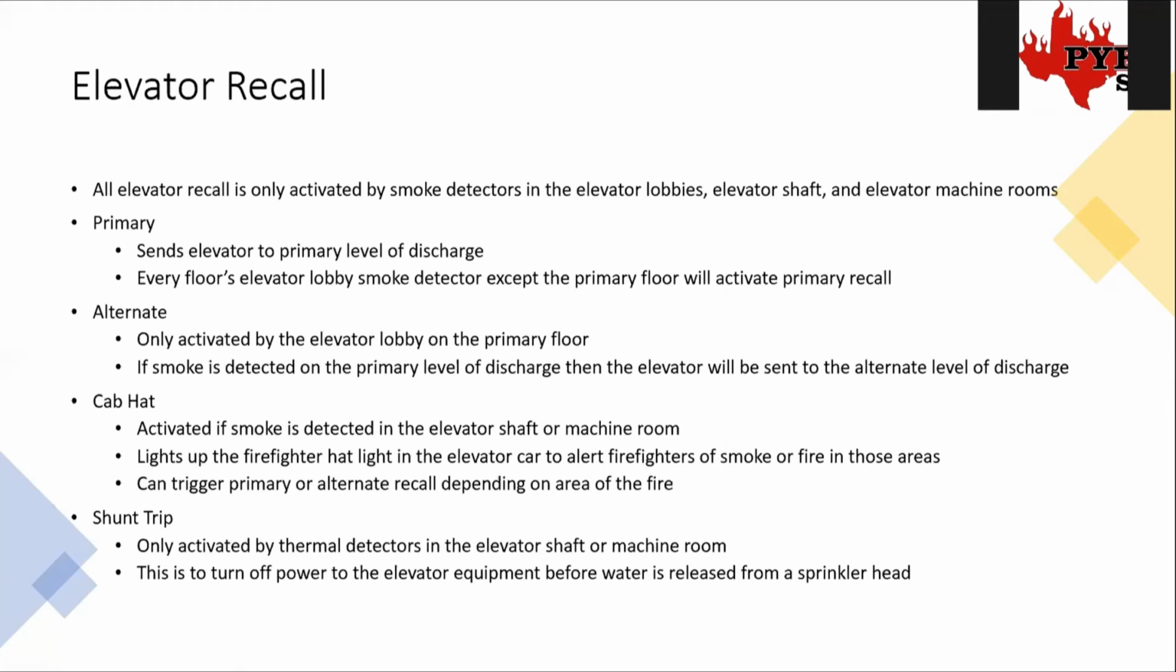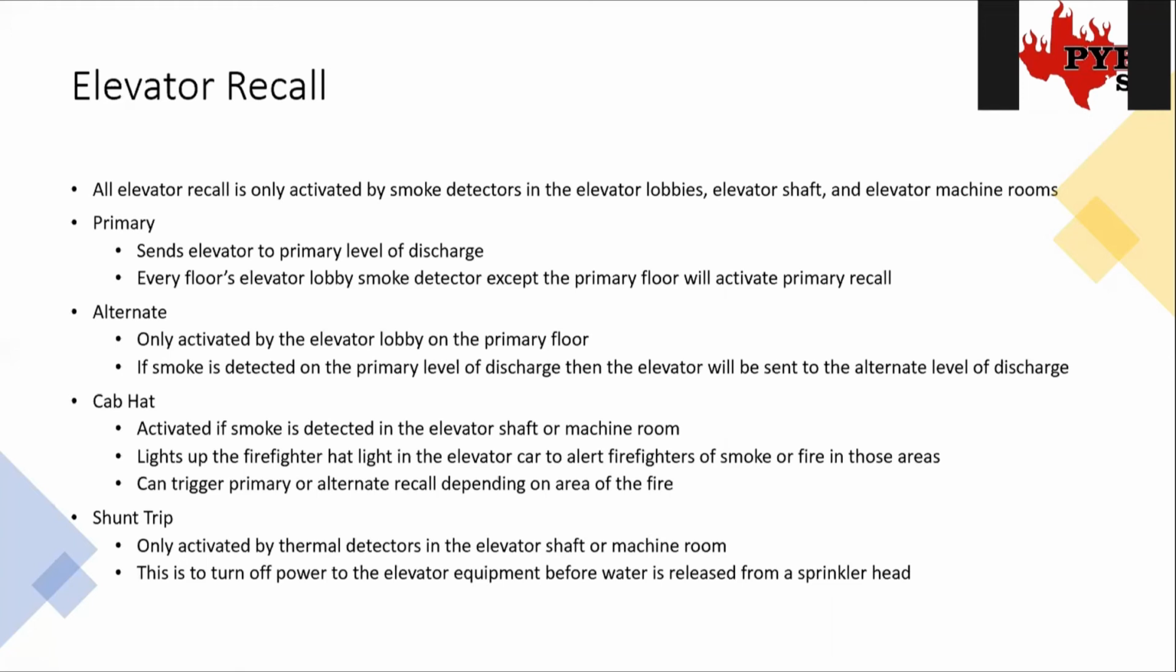And again, depending on where it is, it can also trigger alternate or primary, because like your top of the elevator shaft, that's going to want to send your car down to your primary level. But if your machine room is on your first floor, then it's going to need to send it to the alternate level. So a lot of times, this is one of those things where we've got to coordinate with the elevator guys